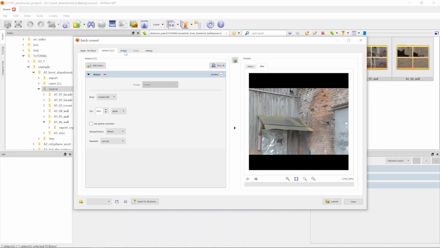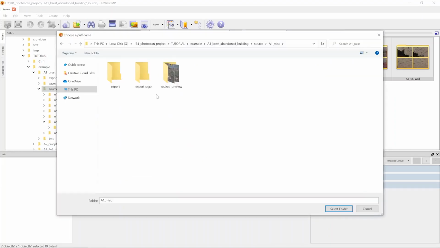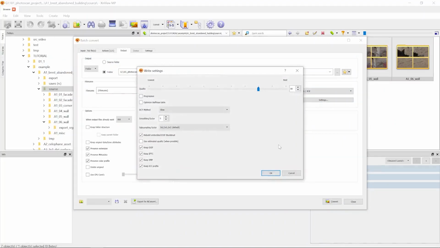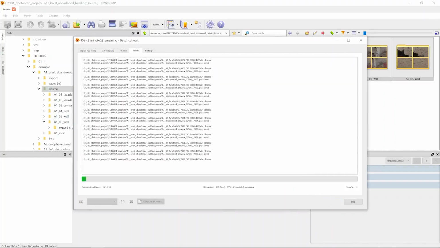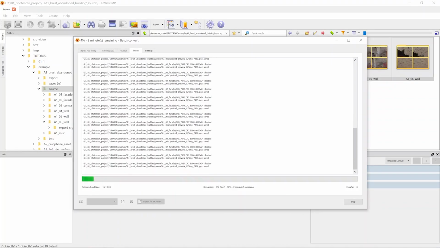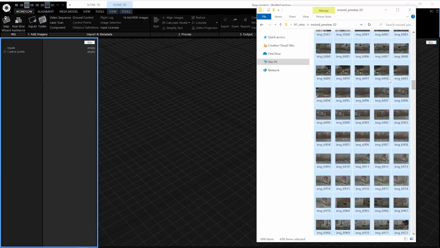So I choose 1K as the output resolution, and then I'm defining the folder in which I want to dump these preview photos. I added the preview in the name so I can recognize it later on. For the format we can choose whatever we want. It isn't for the quality in this case, so JPEG is fine to save up some space. And here goes the resizing process in XnView, which you can download for free. And once the batch conversion process is finished, we can load everything into Reality Capture and run a quick preview